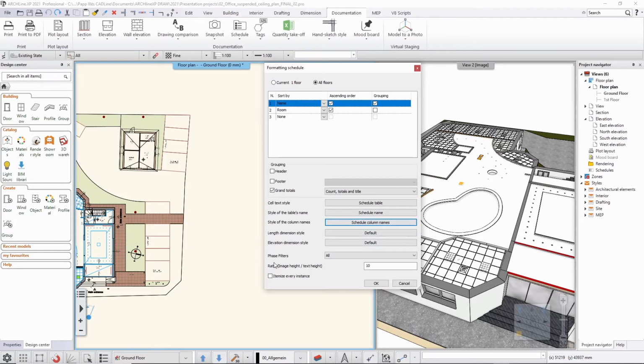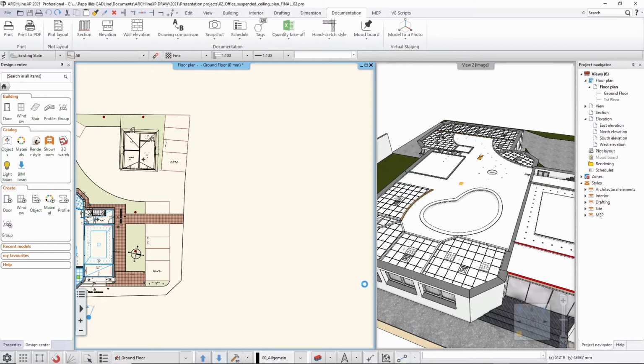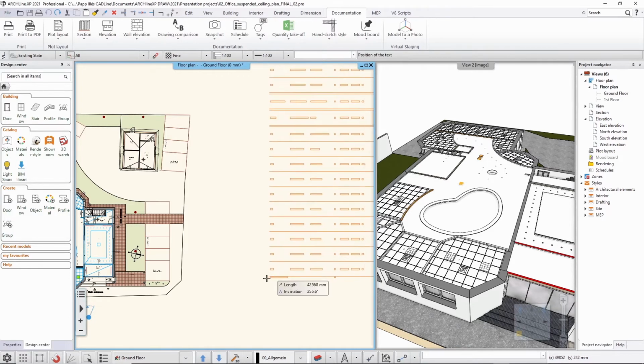And there is one last thing that I'm willing to talk about, and that is the ratio, which is the text height to image height ratio. So this number means if I have, let's say, 100 millimeter tall text, then I will end up with images in this list appearing 1000 millimeter tall, but we will see how that looks in a second. So when I hit OK, I will be able to generate this list, and I will be able to place